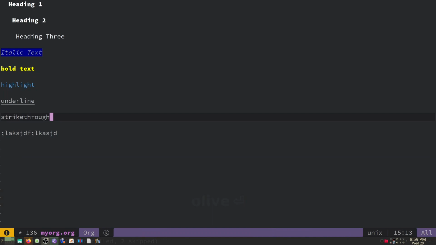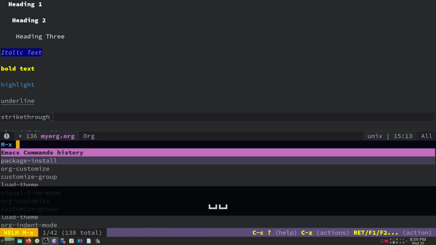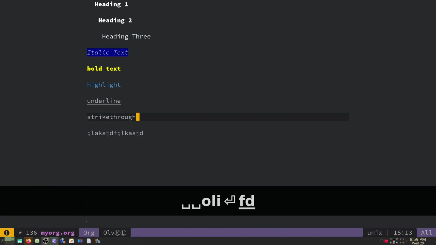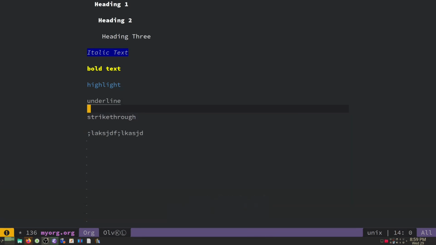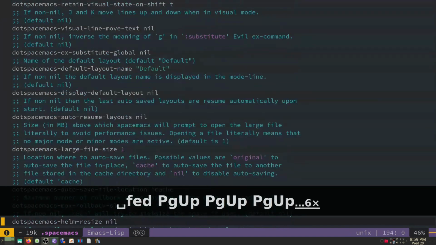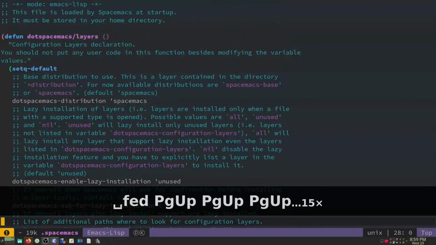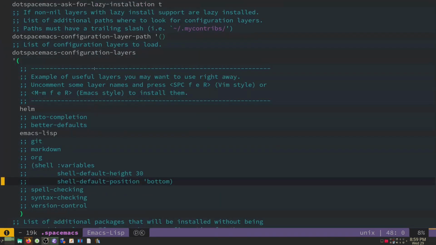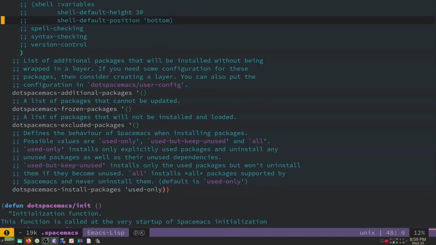When you download it, you can now use it. But here's the thing. Even though it works like this now, if you were to restart Emacs or Spacemacs, it would remove it when you install it. So go back to your .spacemacs file, scroll up to the top, and as you're scrolling down, you see the configuration layers here,